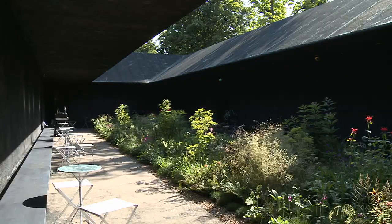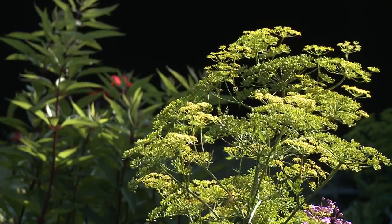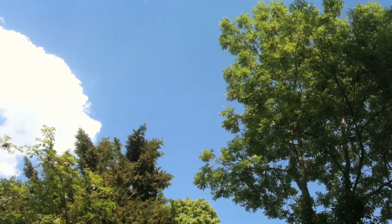I spoke to Peter Zumthor inside the garden at the centre of the pavilion and asked him about the mood he hoped to evoke. I hope the building will trigger many emotions and different memories. If you look here, if you look there. I have heard people saying this sky reminds me, this is not a London sky anymore, this is something else, a Mediterranean sky. I want people to get into the mood of a garden,